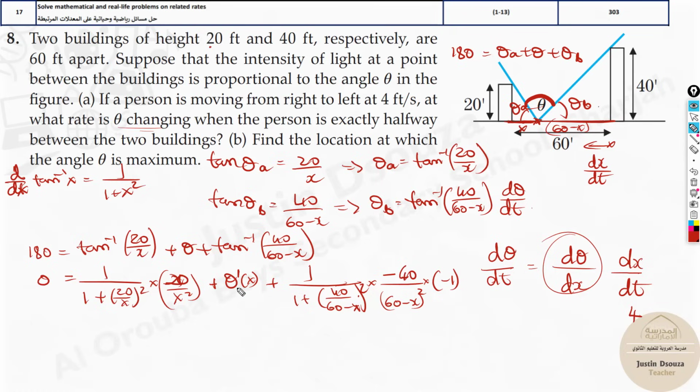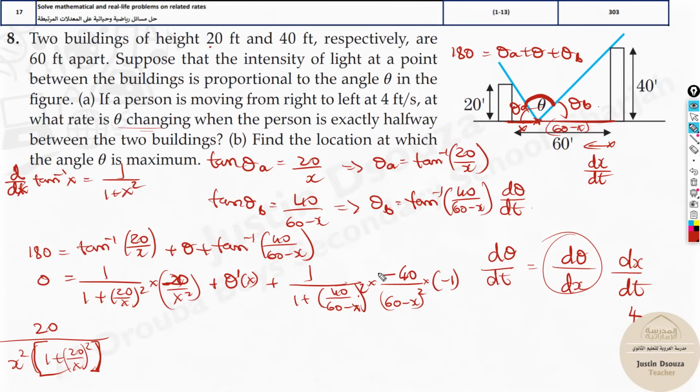Left side is 0. So what I would do is I can just take this to the other side. Okay. Now this one, see, when you multiply here, it will be minus 20 by x square and this term, right? I'll take it to the other side, it will become plus. This has a minus 1 by x squared. To the other side, it will be 20 divided by x square into 1 plus 20 by x the square. Then again, see, this is like a big bracket, okay? And over here, what happens? Okay,